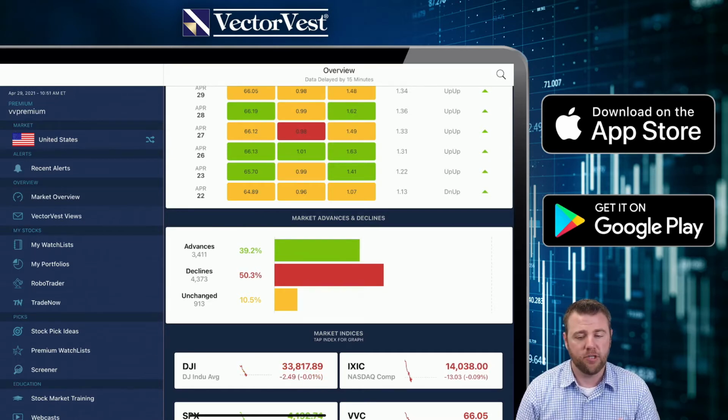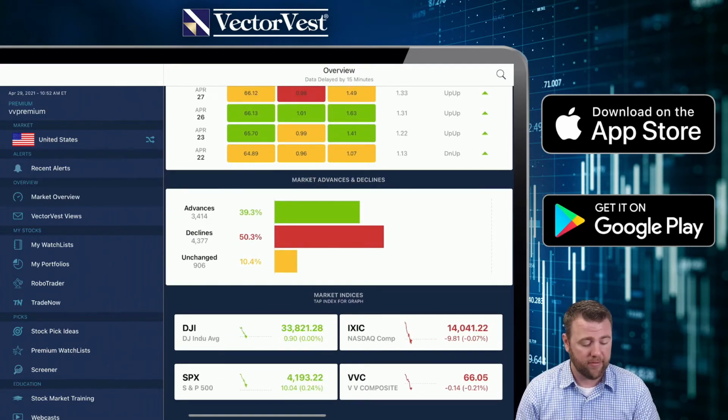Today's more of one of those days where you just be patient, sit on your hands, and let your stops do their jobs. You may not be picking up any new positions, just simply managing your current trades or your current holdings right now. So then if we scroll down, take a look at the major indices, we can see the